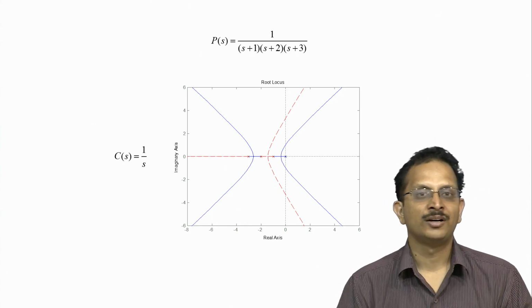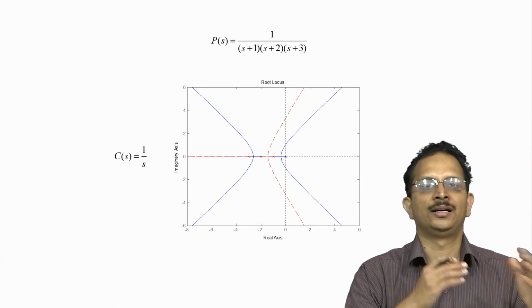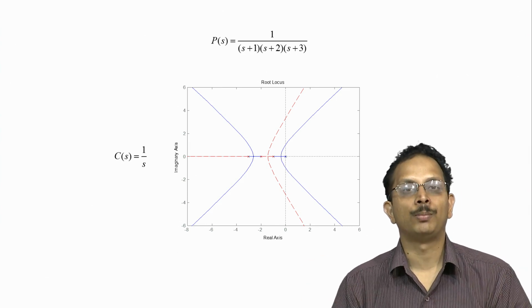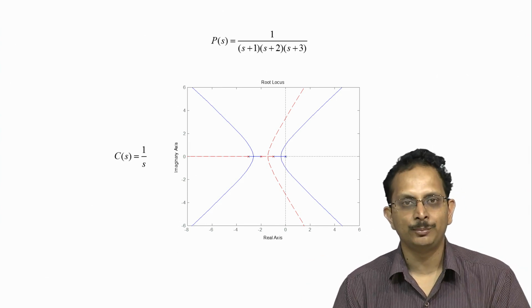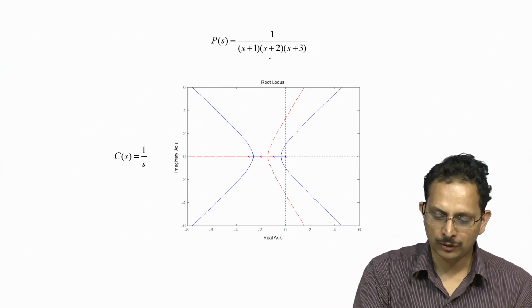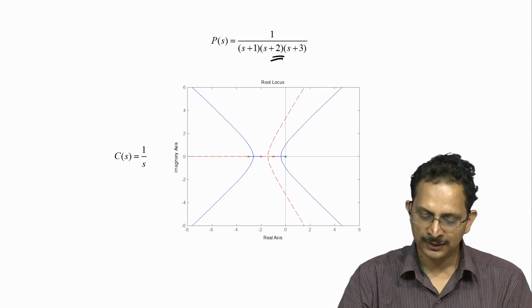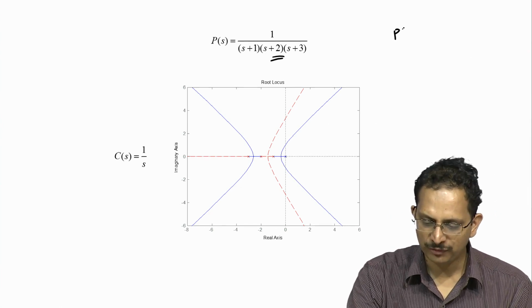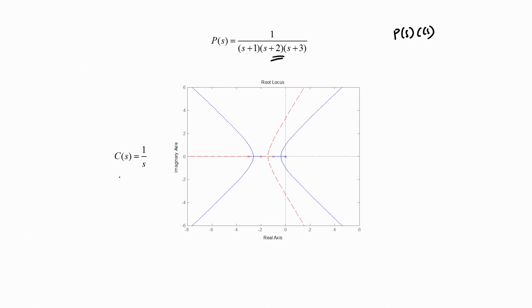So, the Bode plot of a new controller times an existing open loop system can be extremely different from the Bode plot of the original open loop system itself, and that is precisely what has been shown in this graph here. The red dotted curve shows the root locus for the plant P of S, and the blue curves show the root locus for the open loop system P of S times C of S, where C of S is given by an integral controller. So, what you see is that the blue curve is substantially different when compared to the red dashed curve,